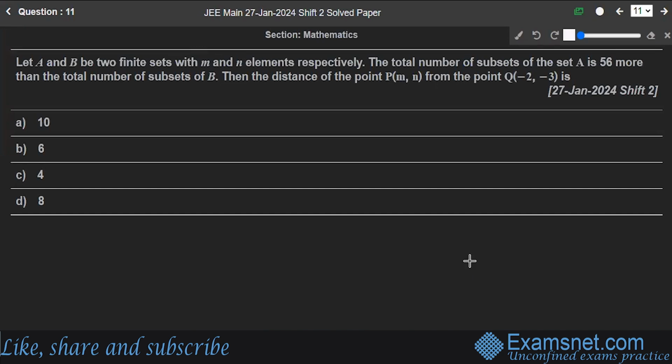So first thing, you are having A is the set with M elements and B is the set with N elements. A is having M elements, B is having N elements. Now the total number of subsets